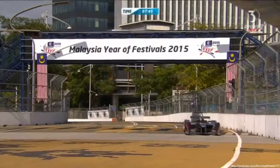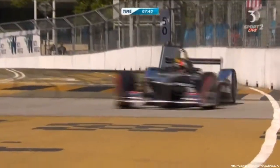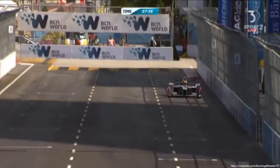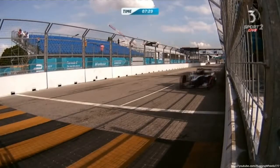And is he going to be the first man out on circuit? Then no, D'Ambrosio's up in front of him, squealing his tyres through the final corner. And then Servia gets on it, boots the power, and heads down the start-finish straight. The two Dragon cars running first and second on track. And we'll see what sort of first sector splits they can do as they flash past into the...